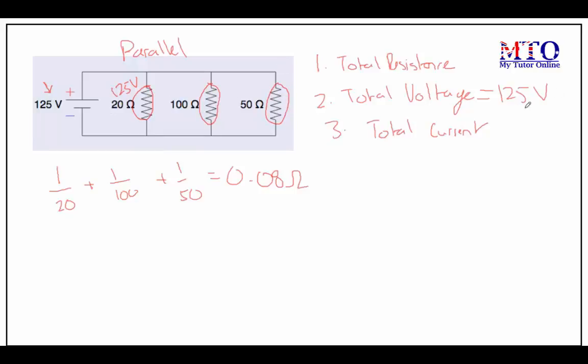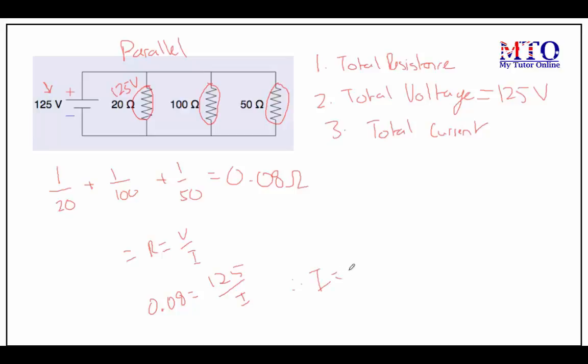So now that we have our total voltage and our total resistance, we can find the total current. So to find the total current, we simply use our formula. R is equal to V over I. So now we substitute our values. 0.08 is equal to 125 over I. Therefore, I is equal to,